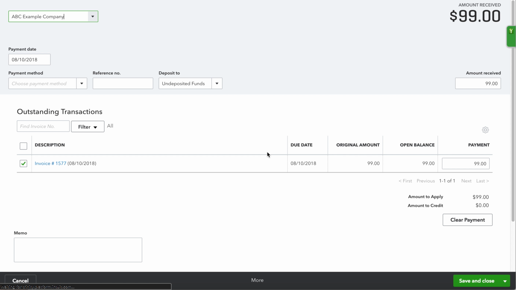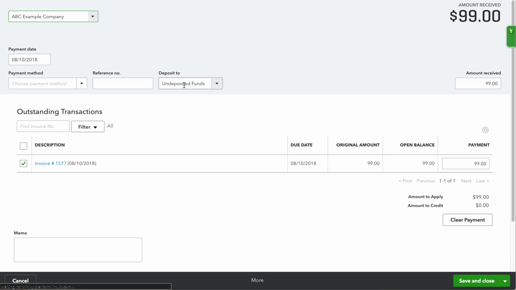This has nothing to do with the bank account deposit yet. This is you charging your client for a specific amount of money, and this is you closing that receipt for a specific amount of money. If you were to put in here the $95.83, it's going to show that your client on this invoice is still open and that they owe you that $3.17, because it doesn't know where to put it. So you want to close the invoice for the full amount. We will handle the other side of the transaction on the next piece of it here.